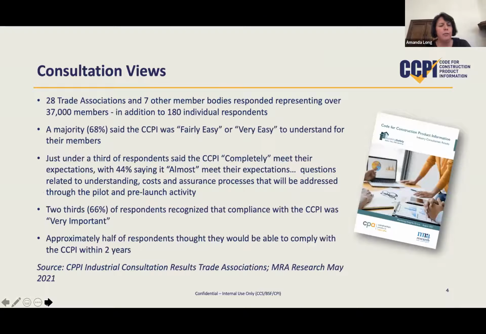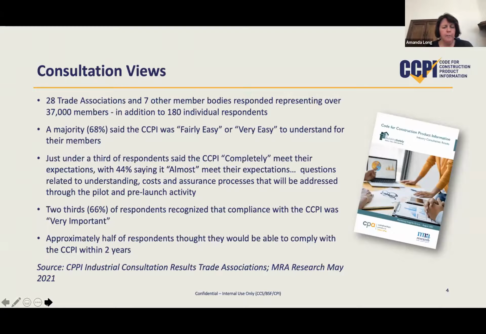was really substantial. They ultimately won a market research association award because they had done such a good job of their consultation. They managed to get really solid feedback from 28 trade associations and other member bodies, and then they also had individual respondents. So ultimately they were covering some 30-odd thousand members of those associations who had been engaged in this process. There was a lot of support and understanding for the things that went into the code, and